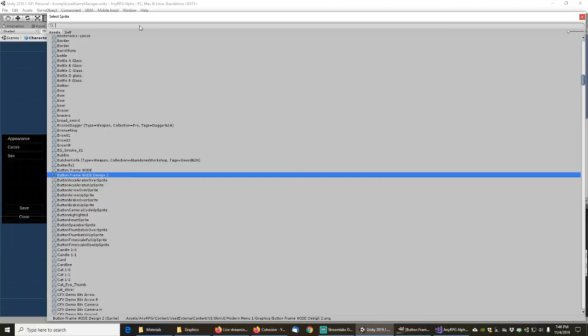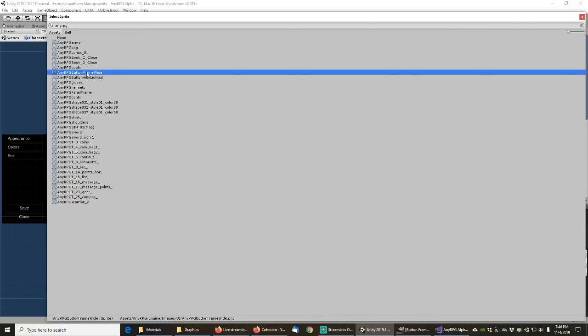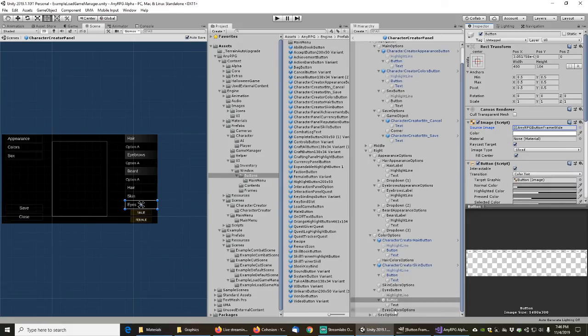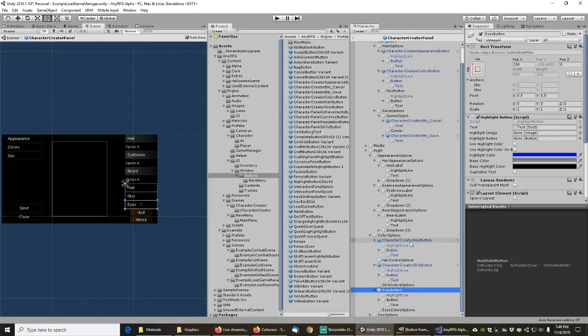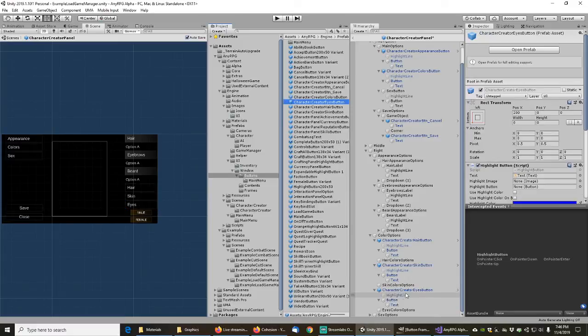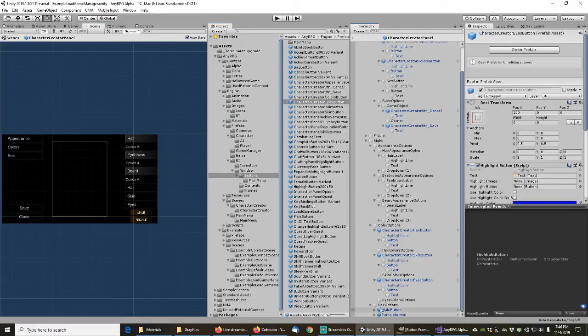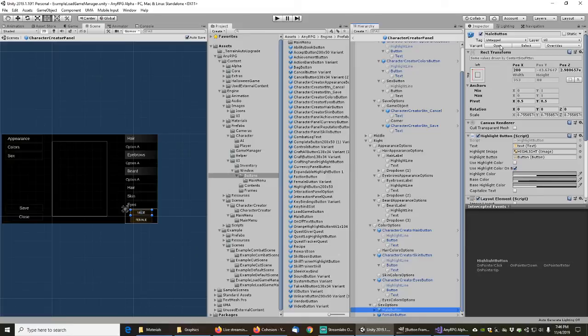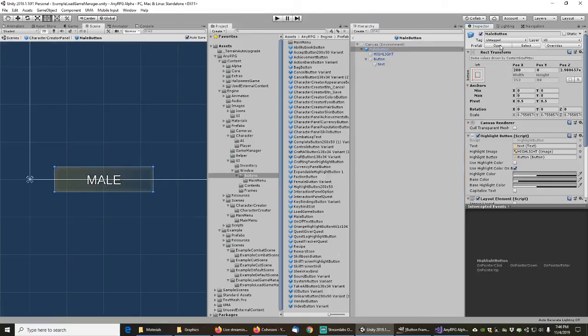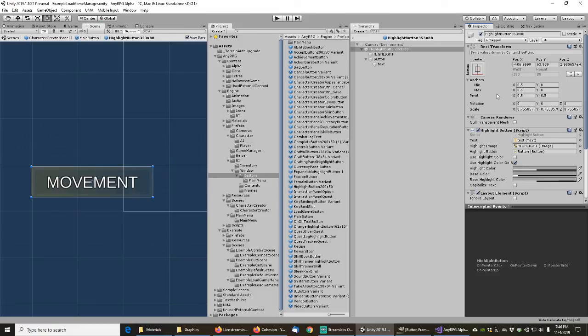Set the button to the button frame wide. And then rename that to character creator eyes button. Make a prefab out of it. Go down to the sex options and male button and female button are both variants. Oh, of highlight button. Nice. Okay. So